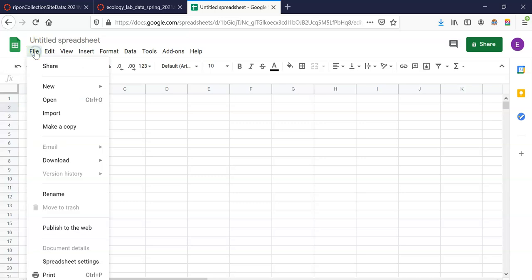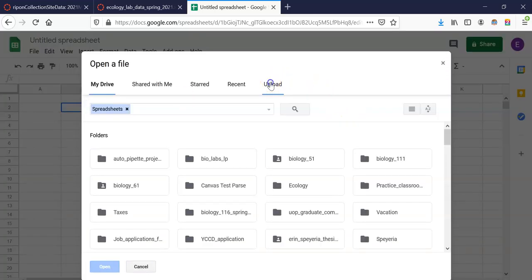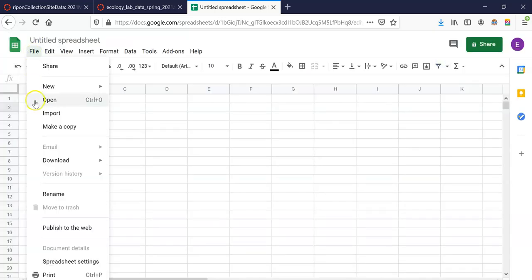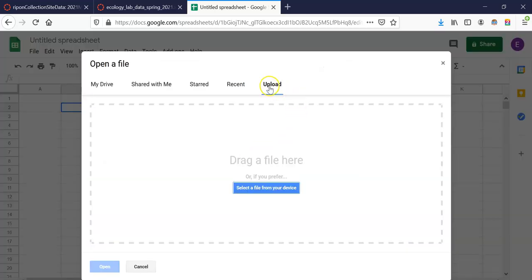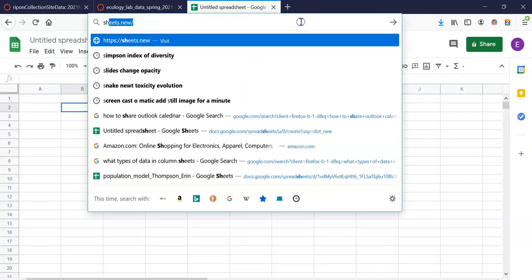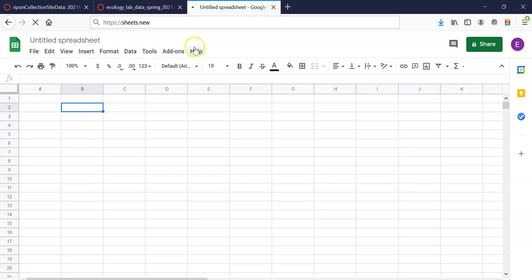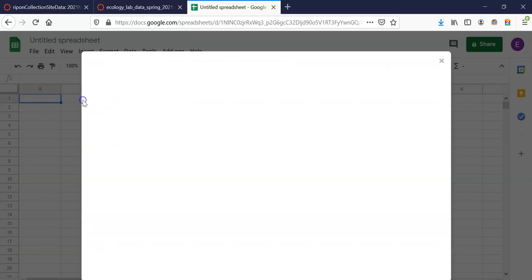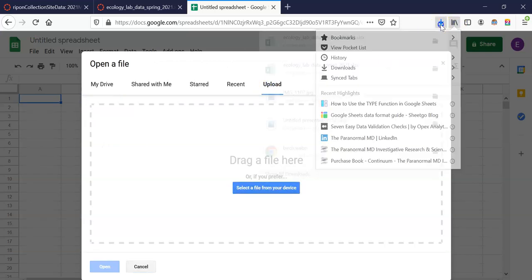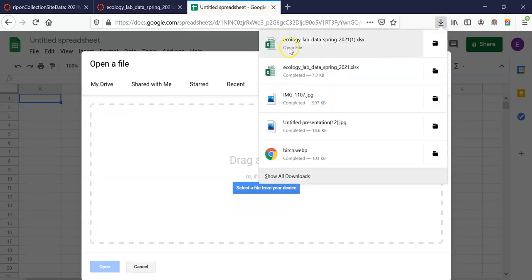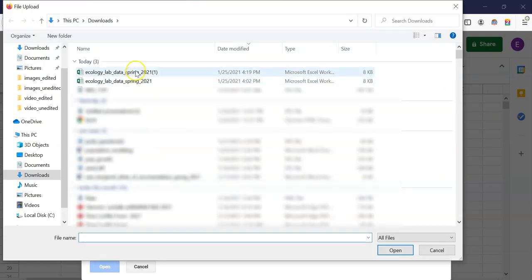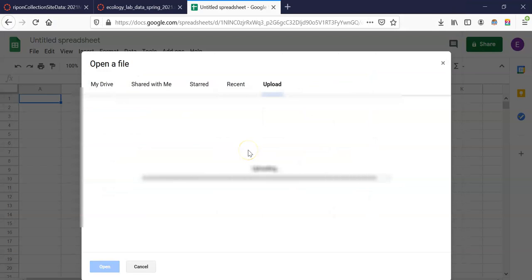So let's go over here and go to File, then Open, and then Upload. Let's do that one more time. I went to File, then Open, then Upload, and I got to this page by going to Sheets.new. So let's do it one more time. File, Open, Upload, and I downloaded this here. I use Firefox, so it's going to pop up right there for me, but if you click select a file, you can just go to your downloads, find that file,